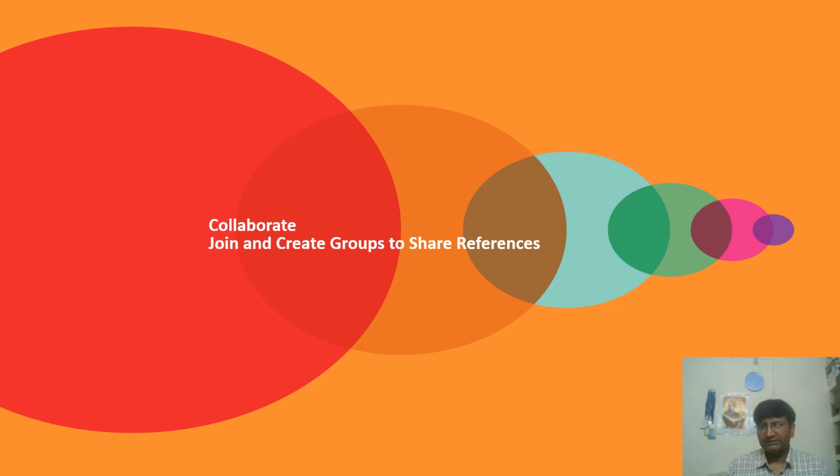Apart from it, it helps you to join and create groups to share references. You and some of your colleagues are writing a paper jointly, so to keep the reference numbers constant, or to discuss the different references, nowadays online in chat also you can discuss. So you can create a group and share your references between 2, 3, 4.